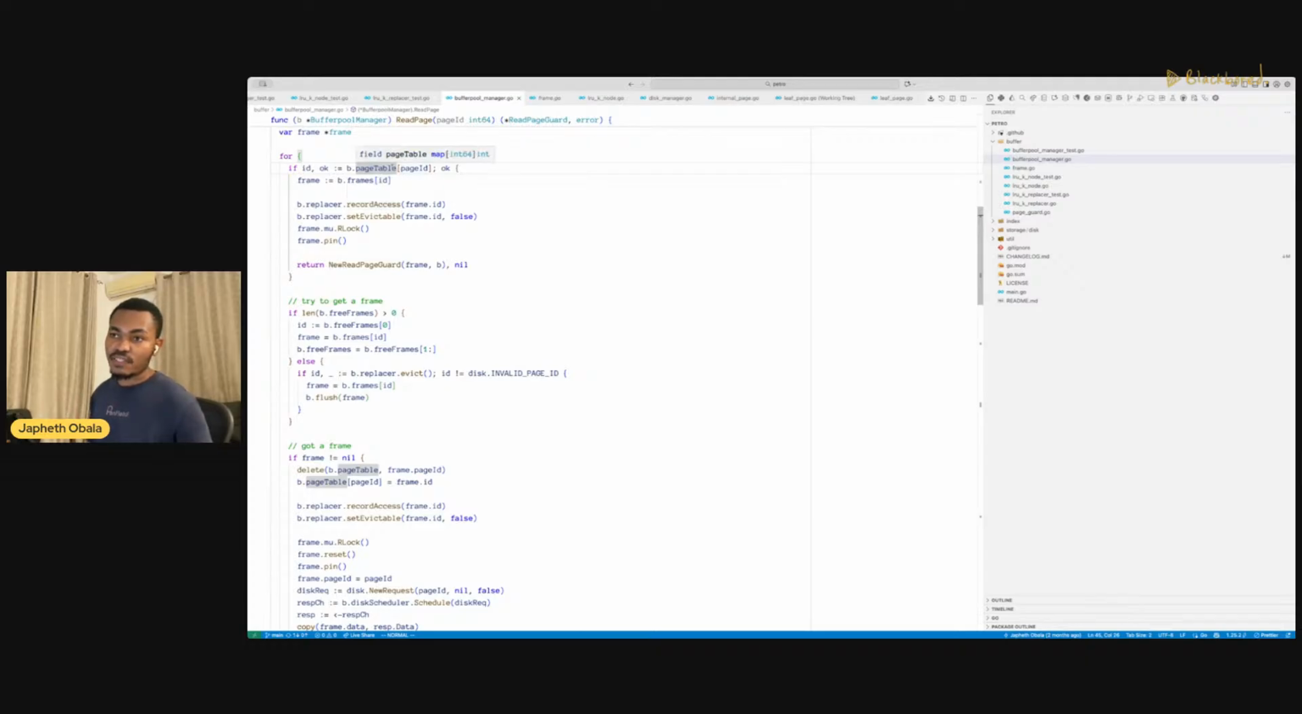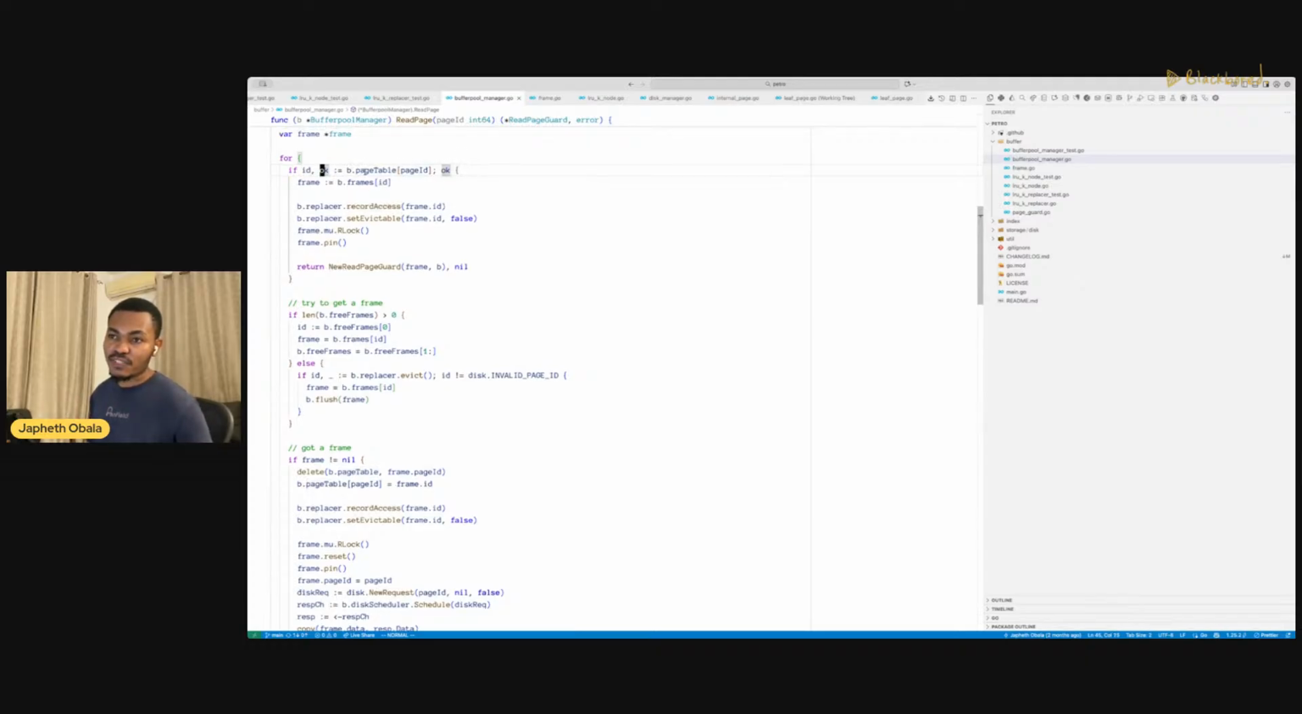So if this is true, if a page table contains a page ID to slot to a frame ID mapping, that means that page is already in memory. So what we do is we get it, we read the frame, and then we tell the replacement policy, okay, record access to this frame and set its evictability to false. Like this frame should not be evicted while we are using it. And then we